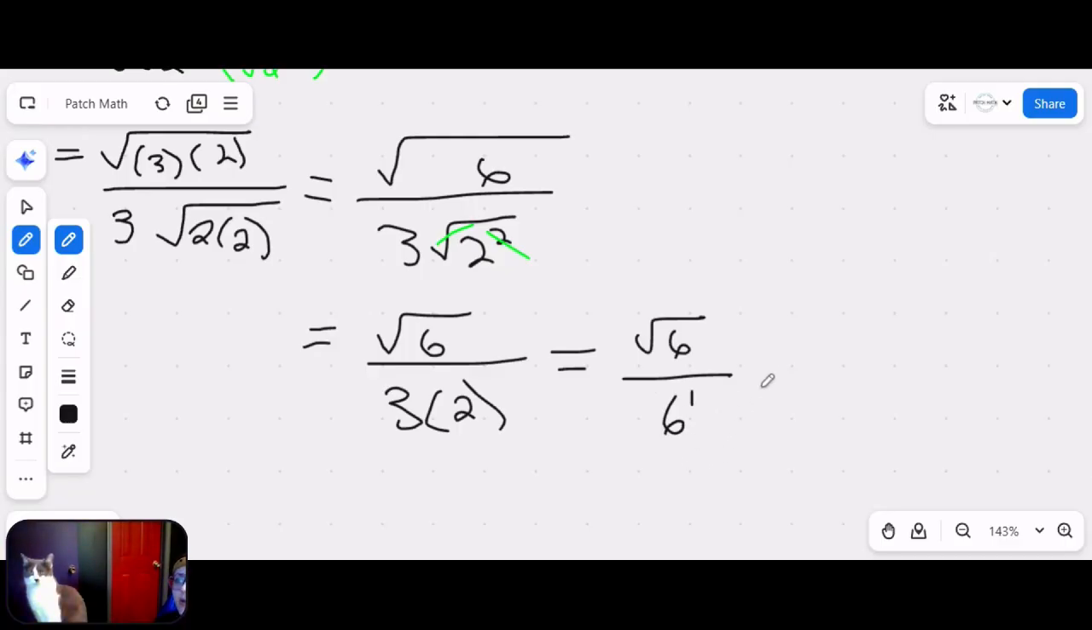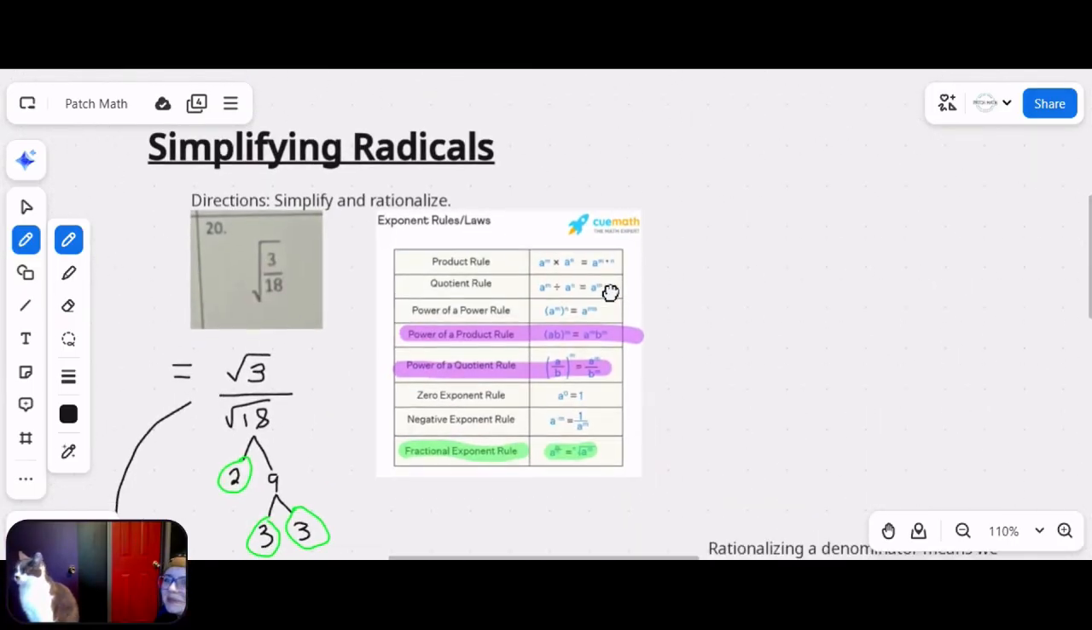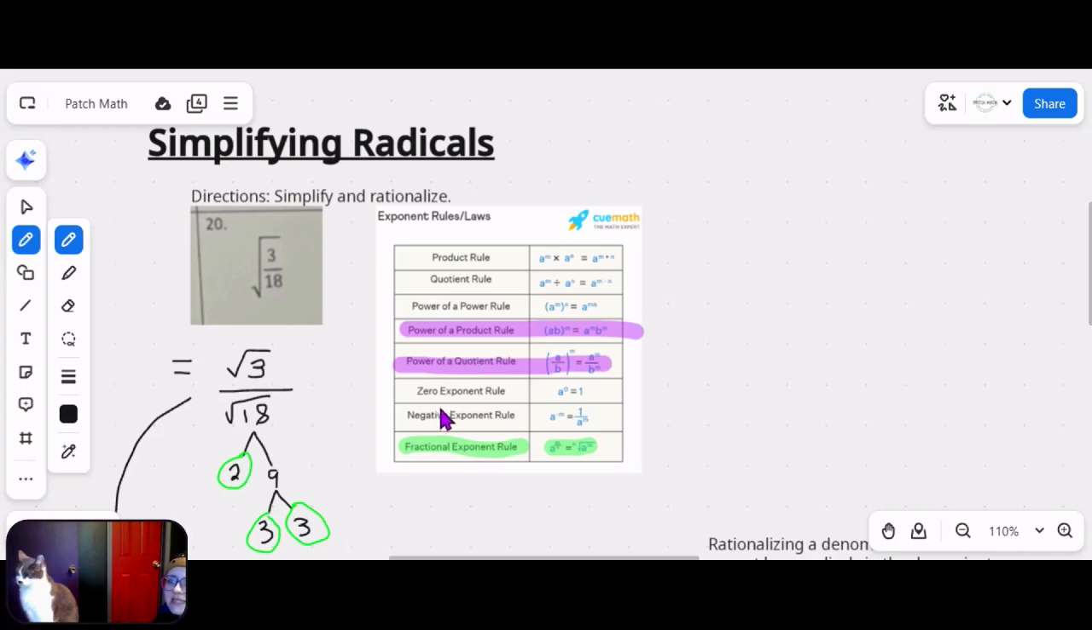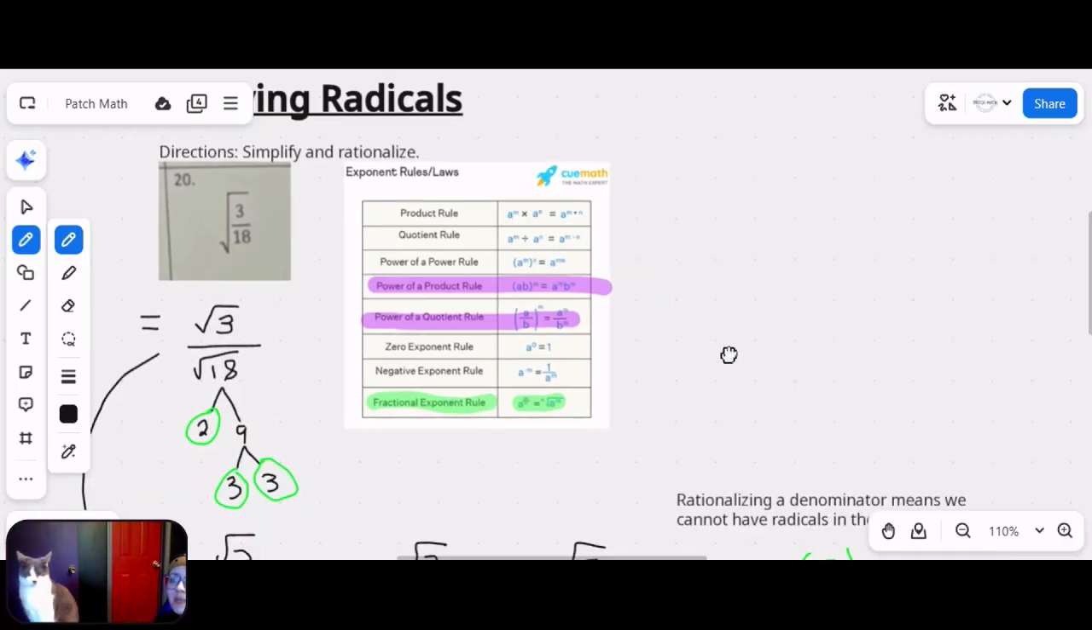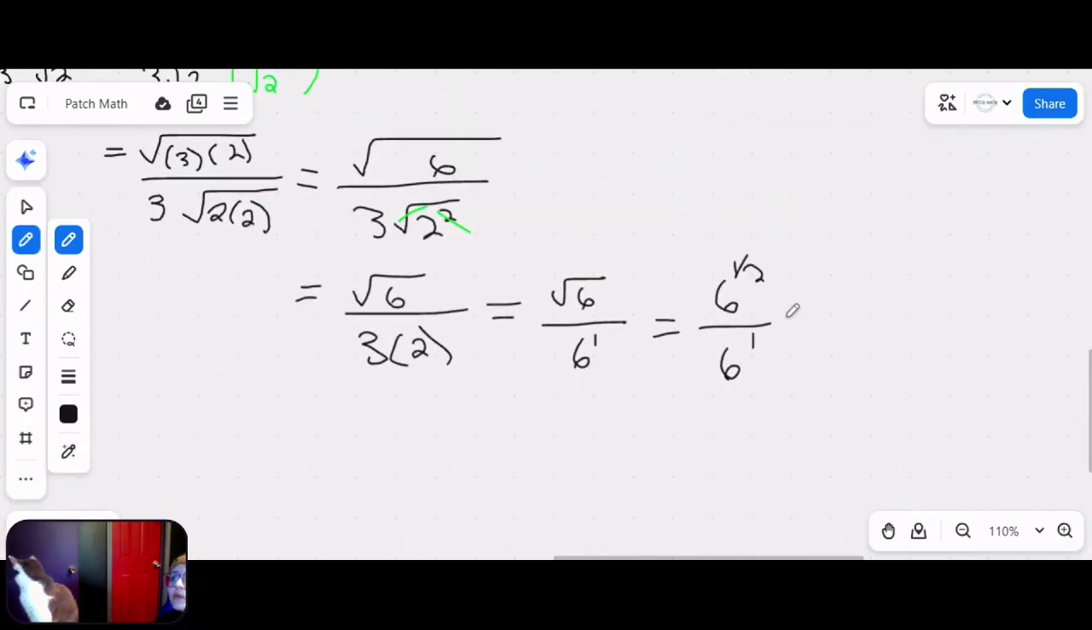We know this is raised to a power of 1. That's one of those invisible ones in mathematics. And we know the square root using that fractional exponent rule is 6 to the 1/2 power. And this is 6 to the 1. And we can choose to use, looking at our exponent rules, the quotient rule that says we have the same base. We can subtract their powers if those bases are being divided. And so that would be 1/2 minus 1 here, which would be 6 to the negative 1/2, which happens to be